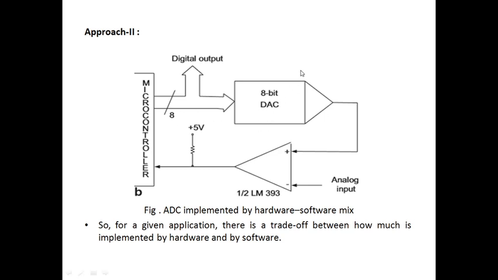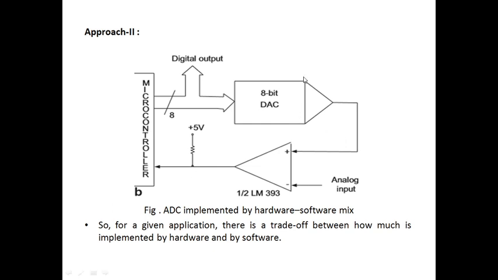Here this hardware is less expensive. Recollect one condition based on the application. We are monitoring the temperature. As we know, the temperature doesn't change quickly, which means a high performance circuit is not required for this application. In the first approach we have a high performance A to D converter, which means the sampling rate is very high. But we don't need that sampling rate. Less sampling rate and less performance is enough for the application, because the temperature doesn't change quickly.